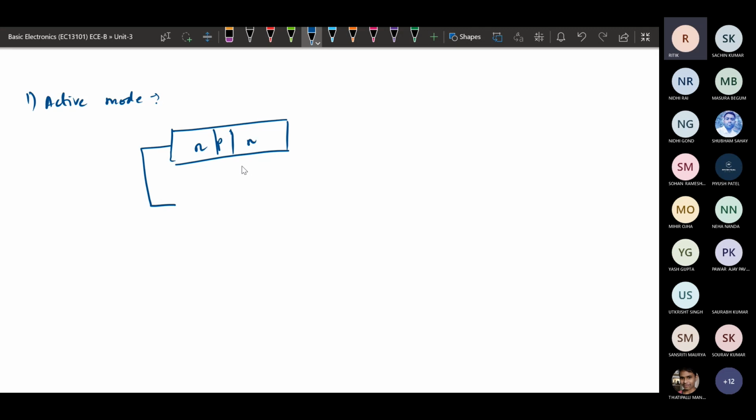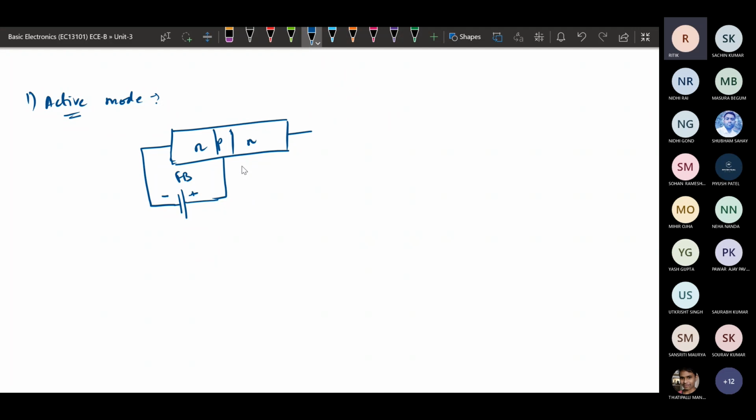To forward bias this NP region, we have to bias negative here and positive here. So in active mode, the N region should be forward biased. The N region will be connected to the negative terminal and the P region to the positive terminal. So this is forward bias.